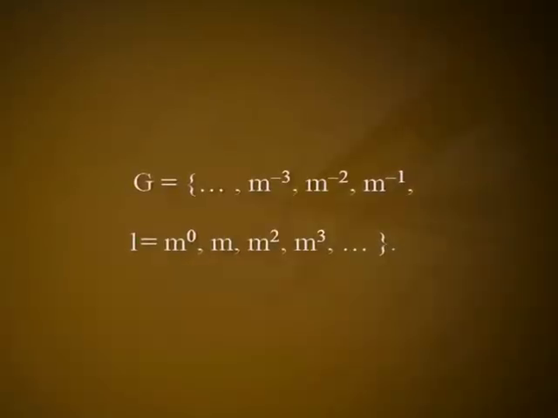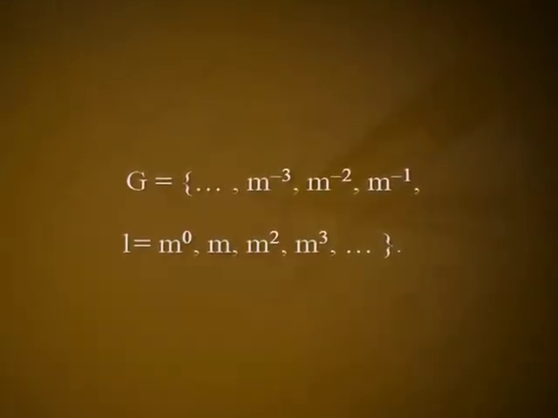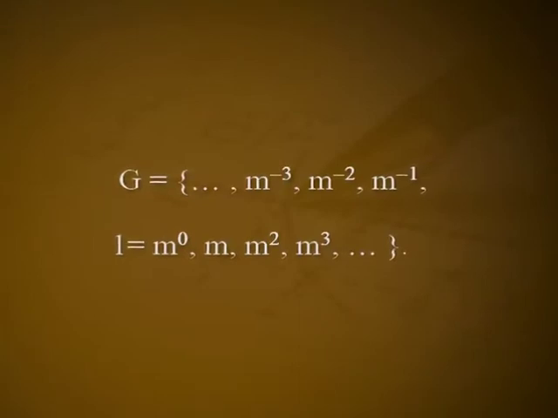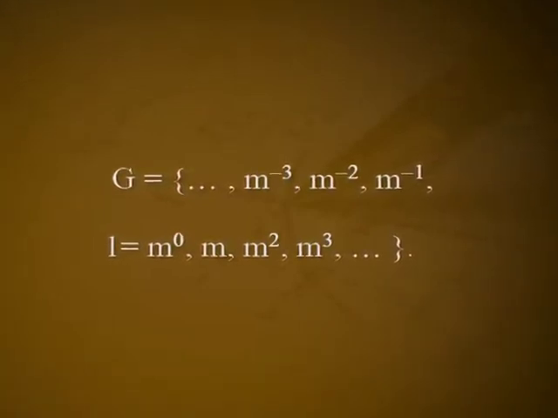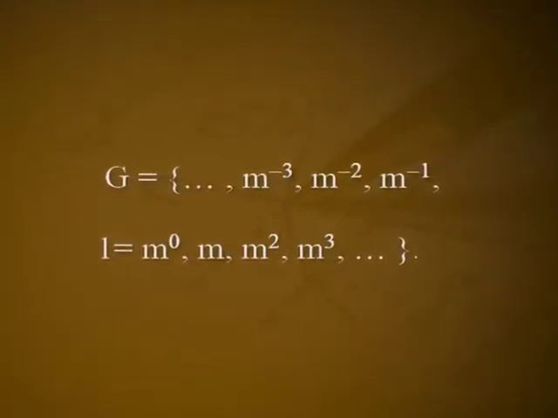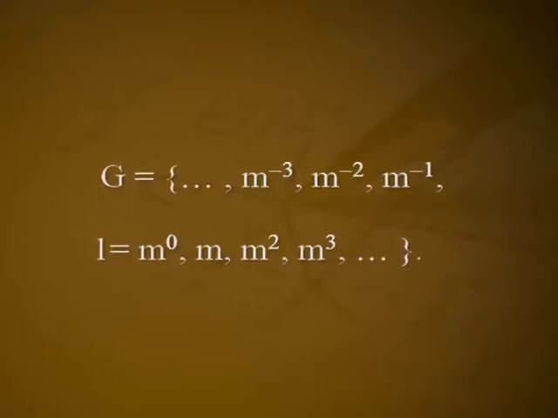Example 8. Show that the set G of integral powers of a fixed integer m is a group with respect to usual multiplication. Discuss the order of the group. Solution. Let m be a fixed integer, then G equals the set consisting of ..., m raised to minus 3, m raised to minus 2, m raised to minus 1, 1 equals m raised to 0, m, m square, m cube, and so on. We have to show that G is a group with respect to